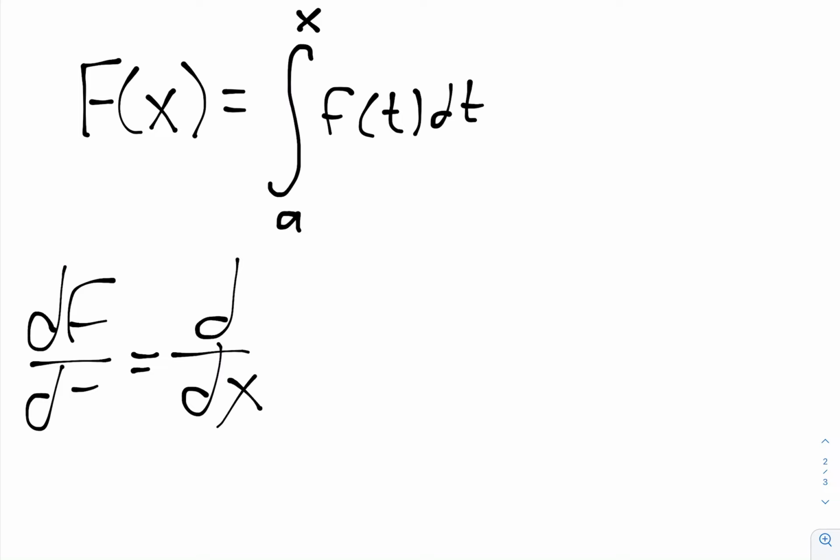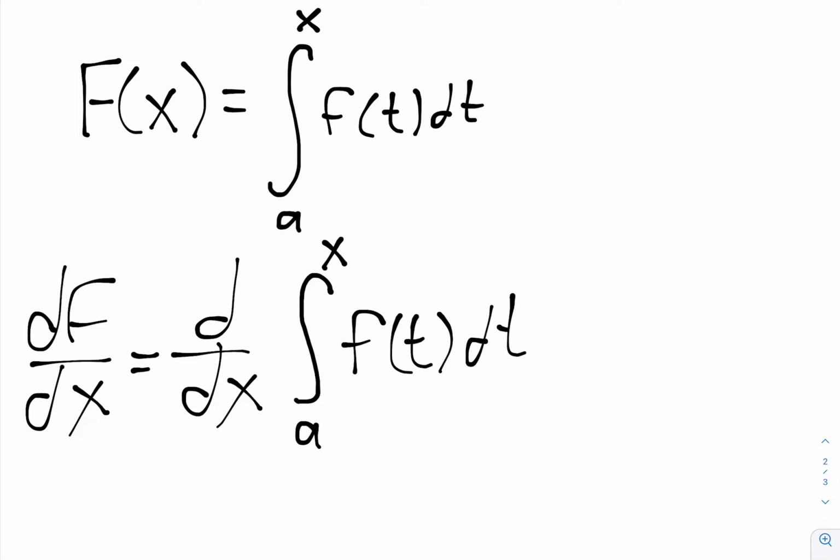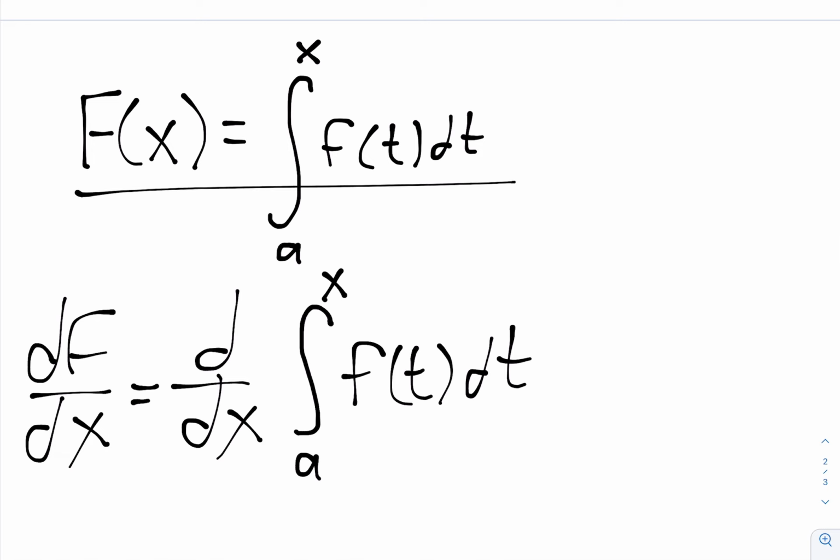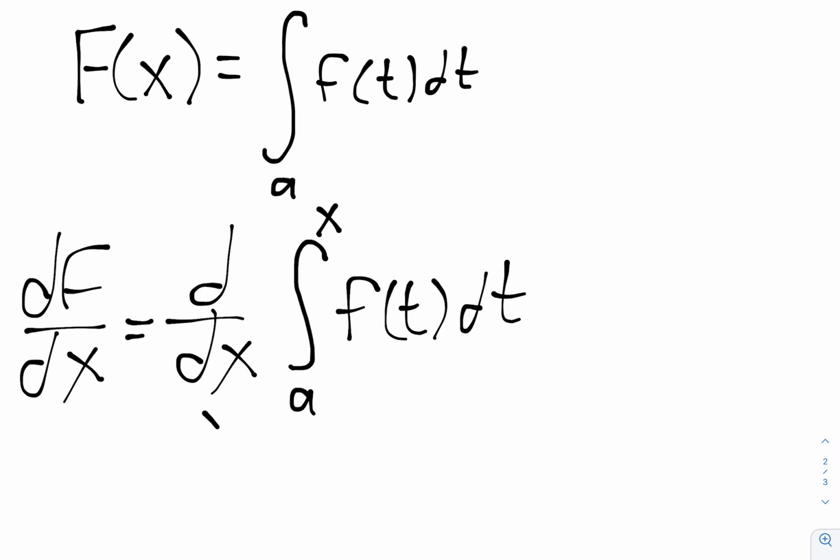And instead of dt, I'm going to write dx just to make it a bit easier. This is going to be the derivative with respect to x of the integral from a to x of f of t dt. So we know f of x is this integral here, and the derivative of that is just going to be the inverse operation. We're applying this operator onto this integral. And what this is going to equal is f of x